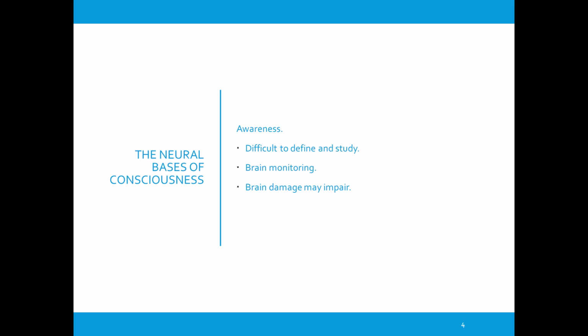Now, we can look at individual brain damage. Brain damage to the parietal lobes may impair the ability to bind the spatial, color, and movement information together into awareness of a total object. In other words, this is what we refer to as integrated perception. It's important to remember that much of our behavior is guided by processes that are outside of our awareness. A simple example would be our proprioception, or our body's ability to know where our arms and limbs are at all times without having to consciously pay attention.